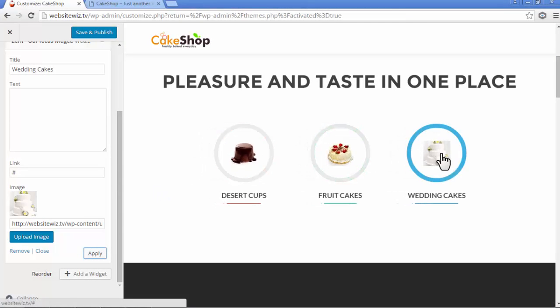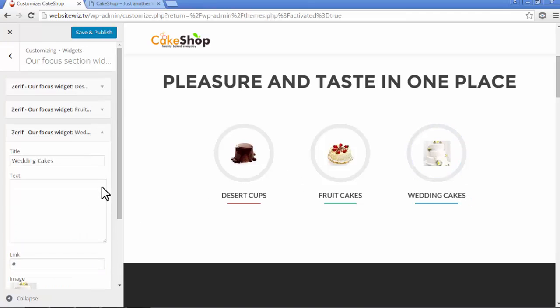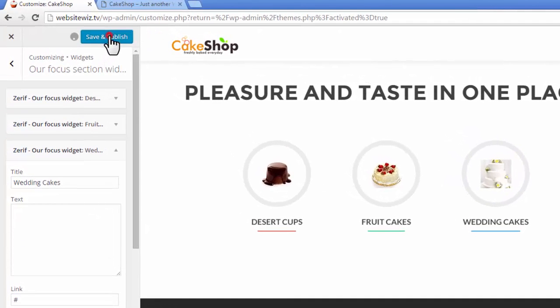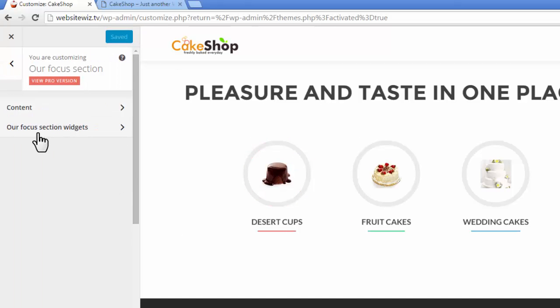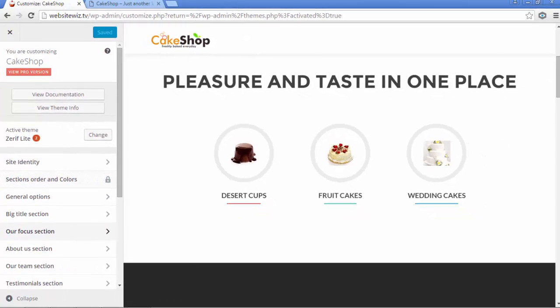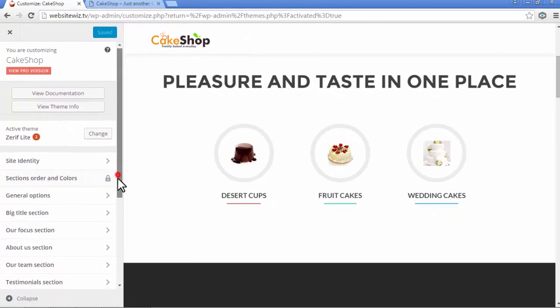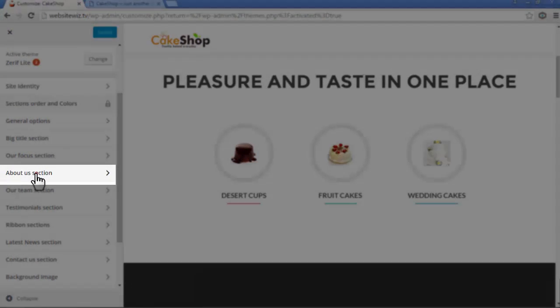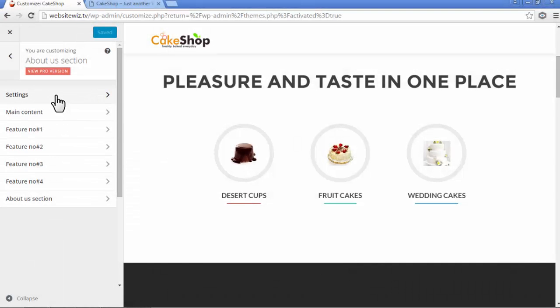And there we go, we've got our 3 images here and our headings right here. So now we've done that, scroll up to the top, click save and publish, and then click the back icon. And then we finish this, so click the back icon again. So now the next one in the list is the About Us section, so click on that, and then click